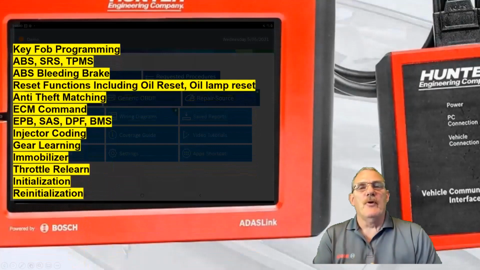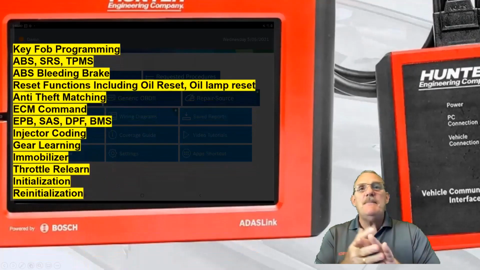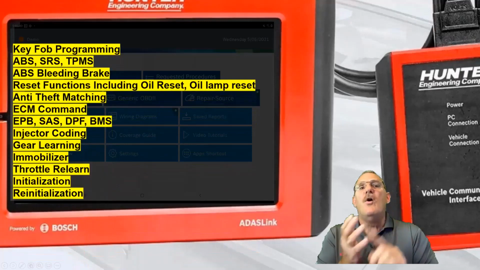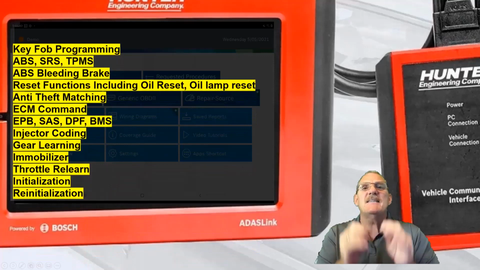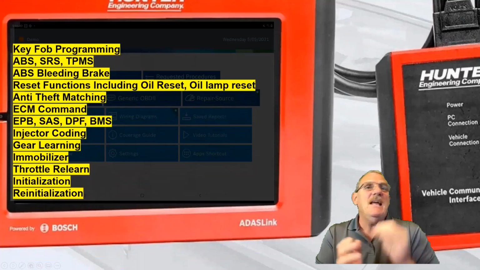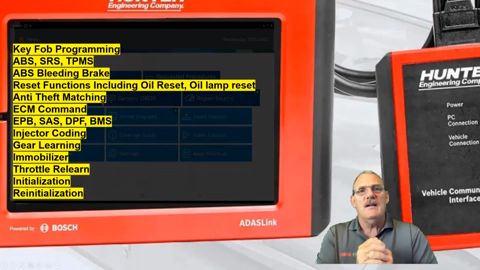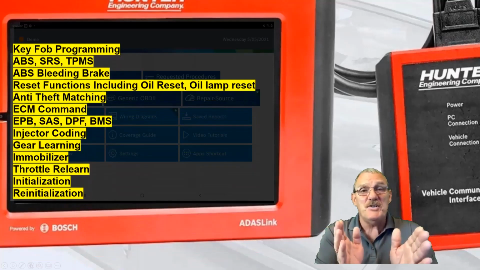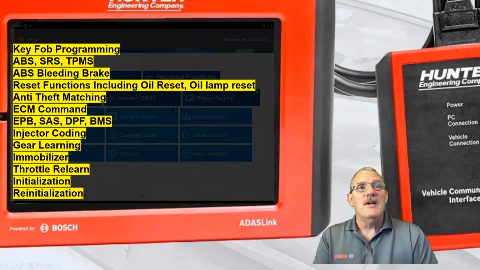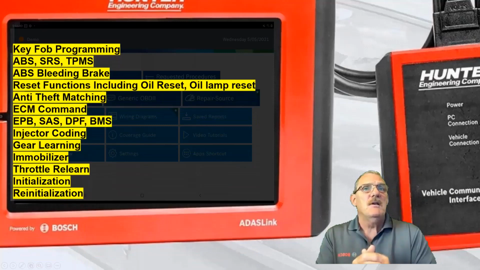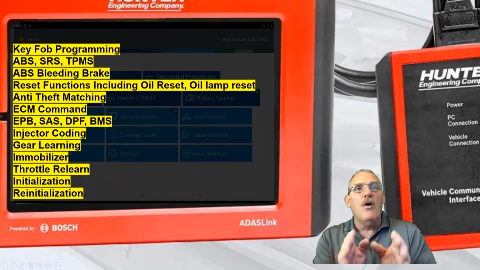as key fob programming, ABS, SRS, and TPMS, ABS bleeding brakes, reset functions including oil reset and oil lamp reset, anti-theft matching, ECM command, EPB, SAS, DPF, BMS, injector coding, gear learning, immobilizer, throttle relearn, initialization or reinitialization, and the list goes on. You can use this bidirectional OBD2 scanner to interpret codes, definitions, see wiring diagrams, and known or